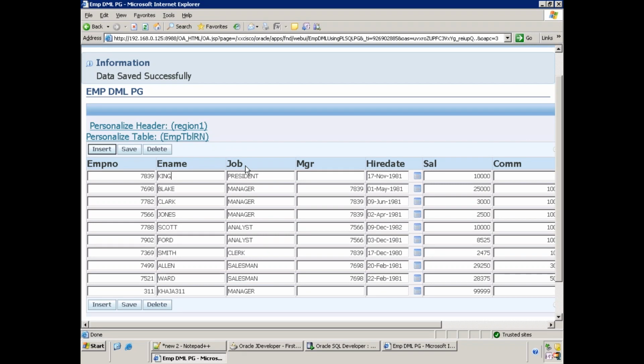Now, we performed only insertion logic. Let us say the user changes the value of this particular username, something like 21. This record has to be updated in the database when the user clicks on save. But how can you find which record is updated?